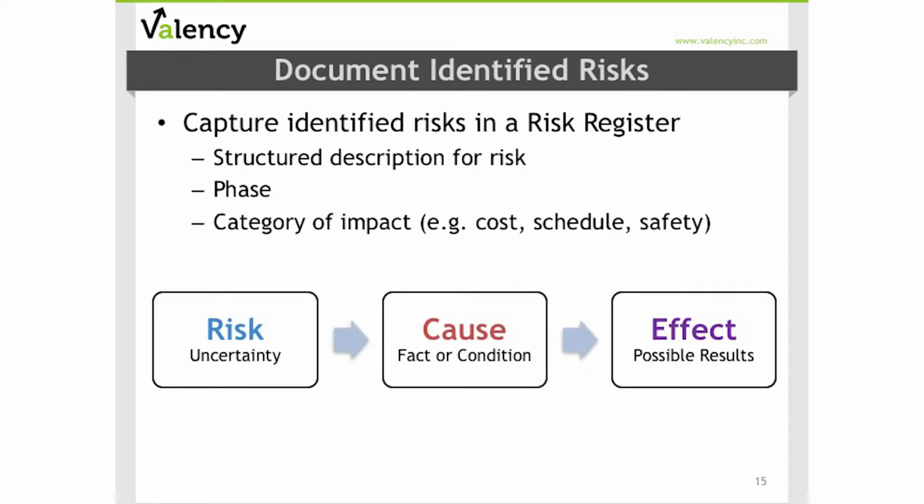Our primary supporting tool in risk management is the risk register, and identifying risks as they are captured using this tool is a best practice that should be followed. As we identify the risks that are captured through team discussions, we want to make sure we have a structured description of each risk. We'll want to make sure we've captured what phase we expect it will occur in. And then finally, we want to understand the primary impact, which is normally cost or schedule, although additional parameters can be used as organizations become more mature with risk management.